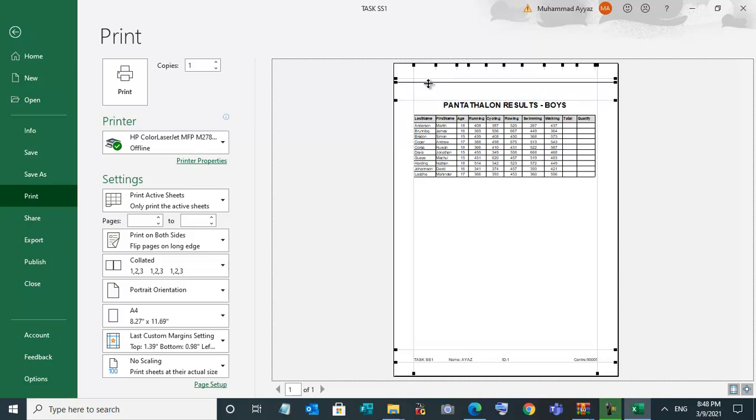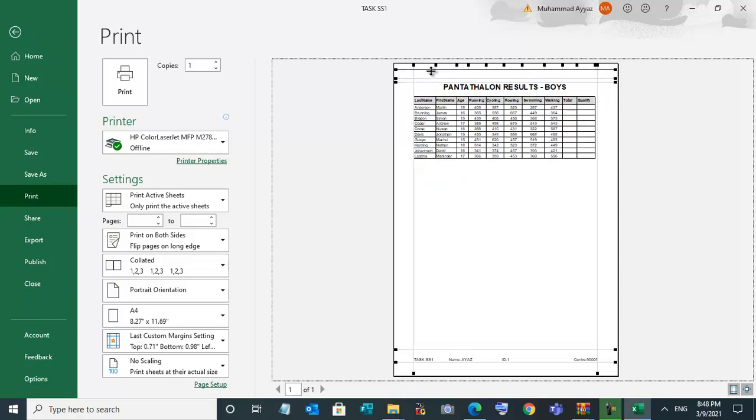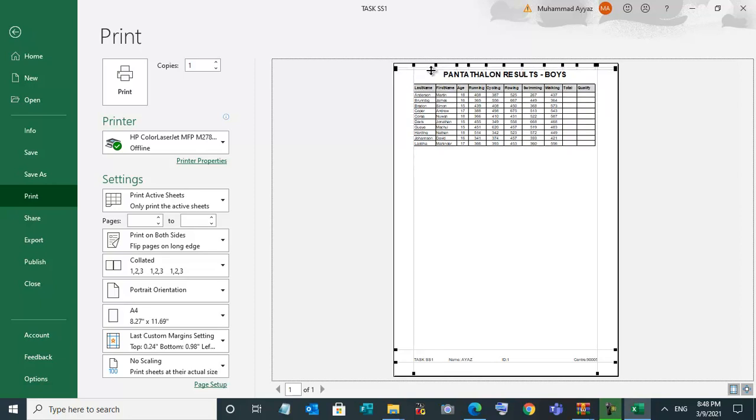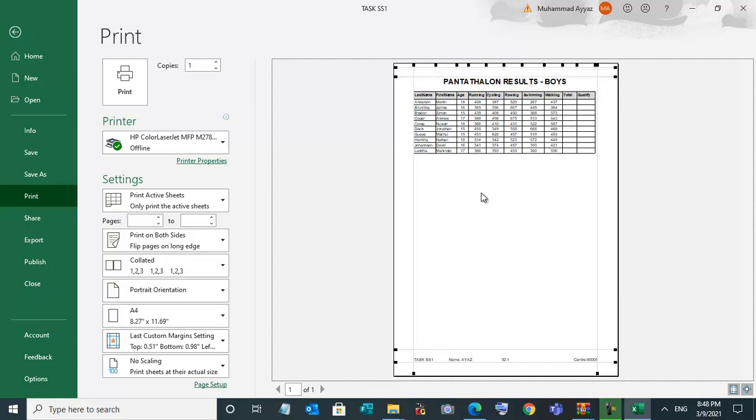For example, it is like this. Students face this problem in the exam. If data is more and there is no space, then we'll move up. If data is less and we want to create space on top, move this second line down in the margins. See, it will be like that.